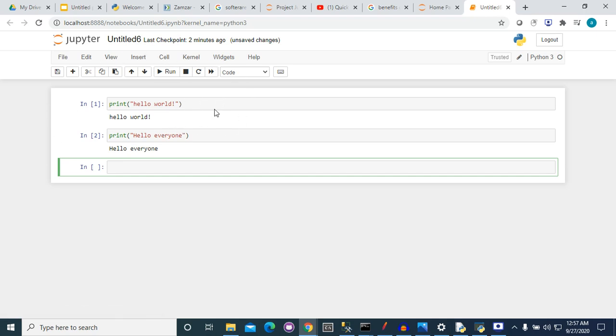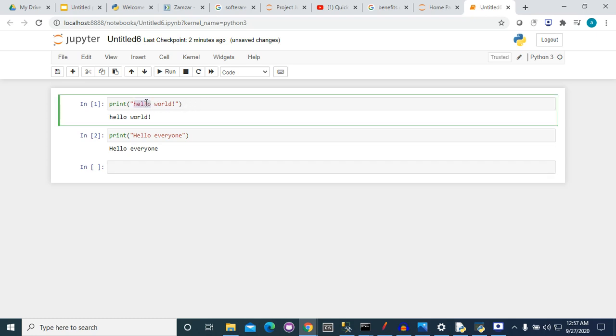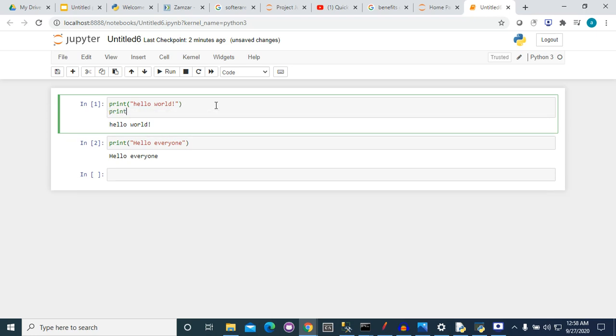The best thing about Jupyter Notebook is that you can edit the previous code. If you want to modify this cell, we just need to modify it.